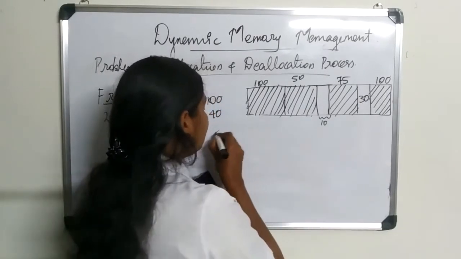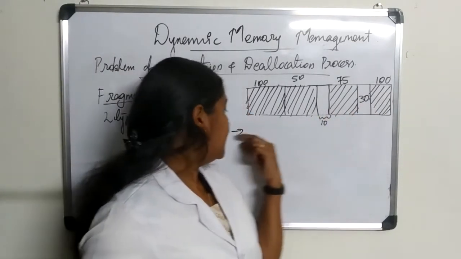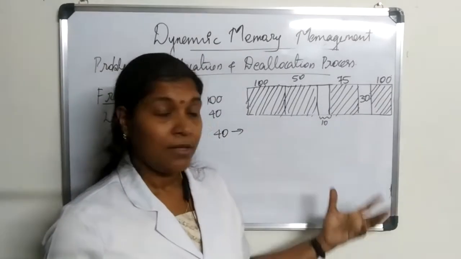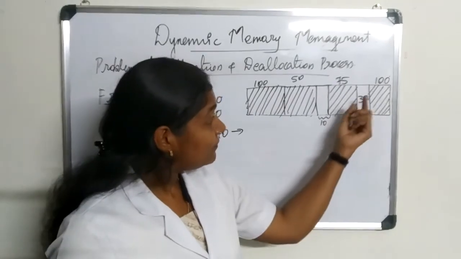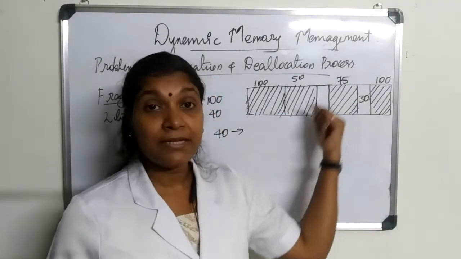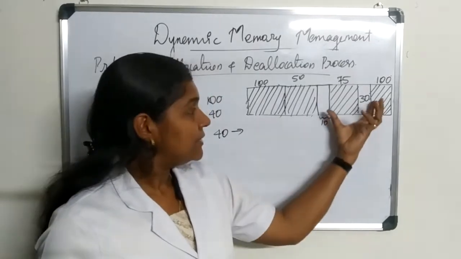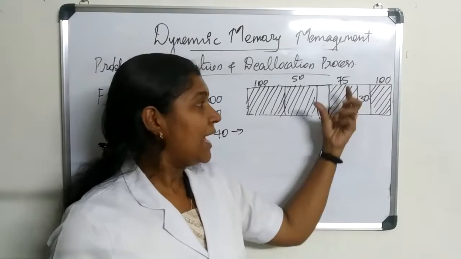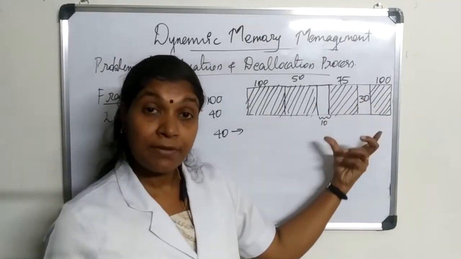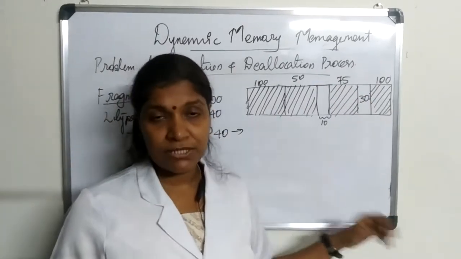What if a request of 40 comes again? Could it handle this incoming request? No, because a single block of 40 bytes is not there. Even if a total of 40 bytes of memory is there, it cannot satisfy the request because it is scattered. So this is the problem of internal fragmentation, and it happens due to the residue memory area of the allocation process.